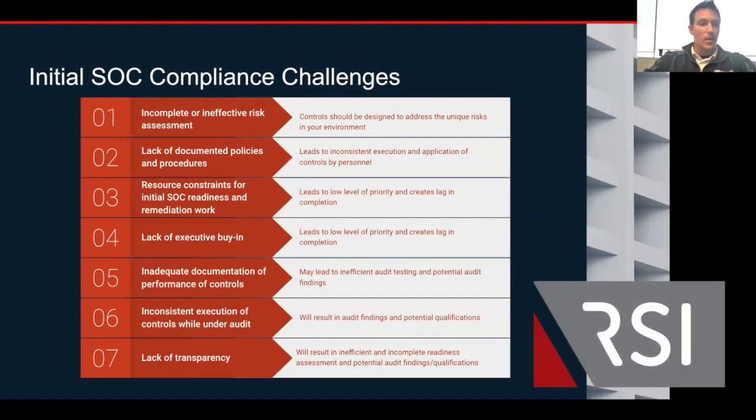All right. Some of the bigger SOC compliance challenges we see. Number one, an incomplete or ineffective risk assessment. Under the common criteria, risk assessment process is actually its own sub-criteria. It's very important. It actually drives the entire audit because being SOC 2 compliant is much less prescriptive than other